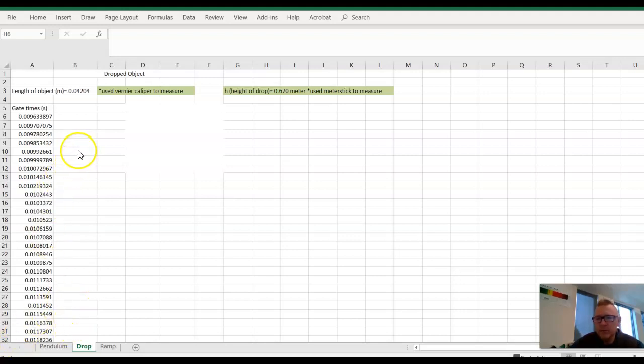So, watching many of you struggle yesterday with Excel, I figured I'd do a tutorial so that when you got caught procrastinating, you could self-rescue. Here we go. You'll notice that I'm on the tab for the Energy Lab called Drop Object, and it's